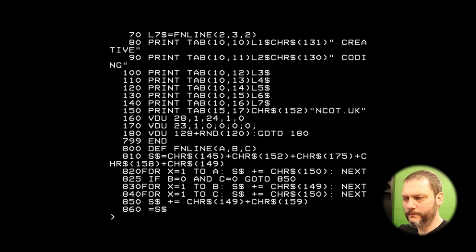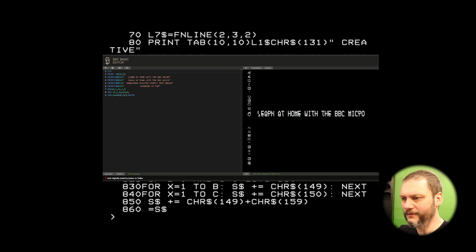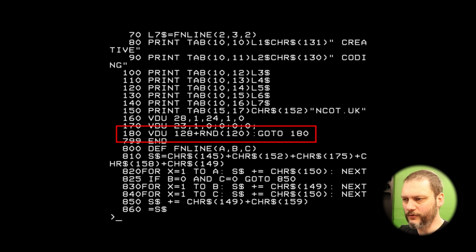So to make the logo look a bit more interesting, what I did was I found one of those examples from the BBC Microbot, and in it there's one where it does this glitchy effect on the screen. If you look at line 180, which is sort of the middle of the screen of this, there's a command that does something to the video hardware and then loops over itself as quick as possible.